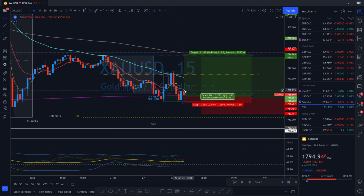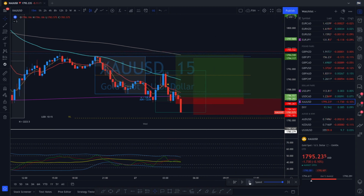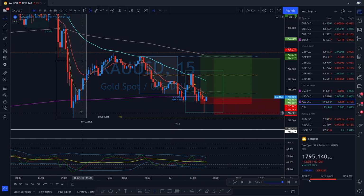Right, so this was the actual first trade that we took, and as you can see what happened, we got taken out here by more liquidity grabs. And all they're doing, if you just look to the left, is grabbing more liquidity down here, right? So if this ever happens to you,